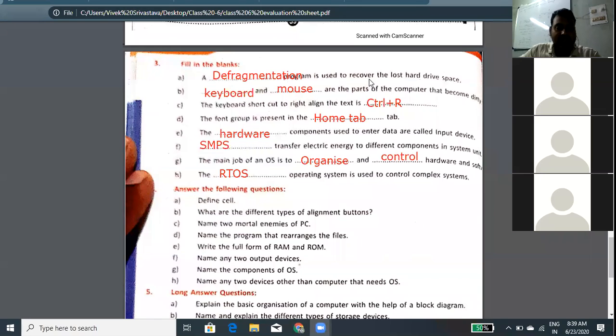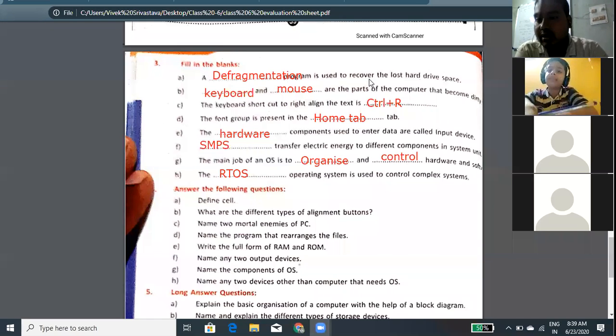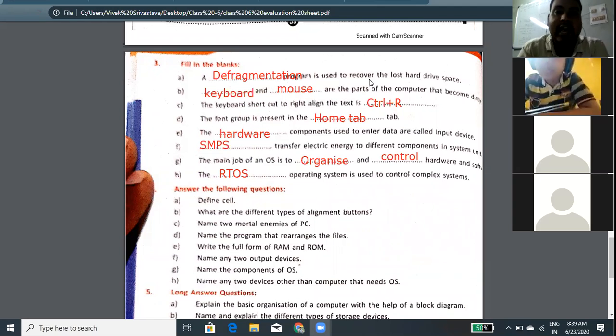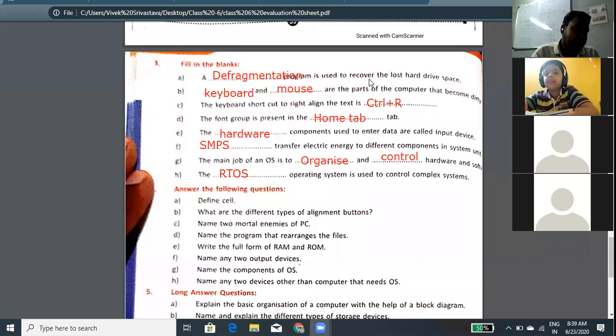Day after tomorrow you will get your written work. So enough for today. I think you learned a little bit about MS Excel in the previous class. What is MS Excel? MS Excel is the spreadsheet program.